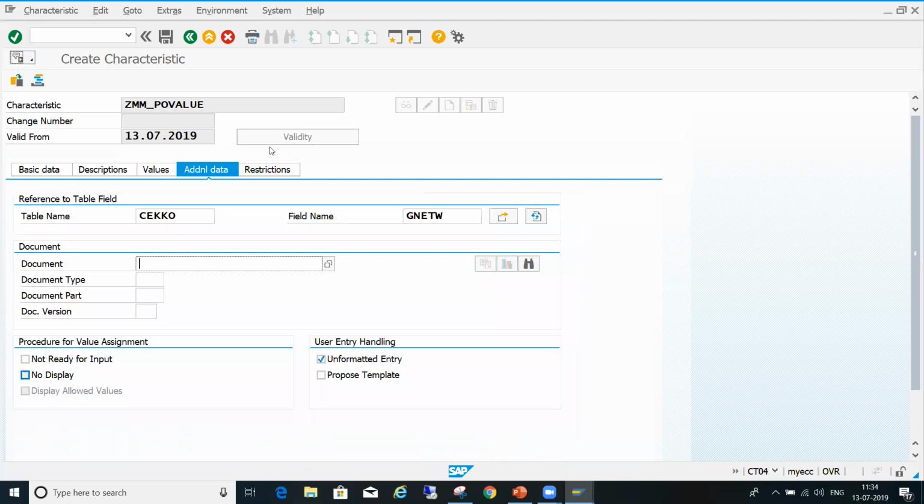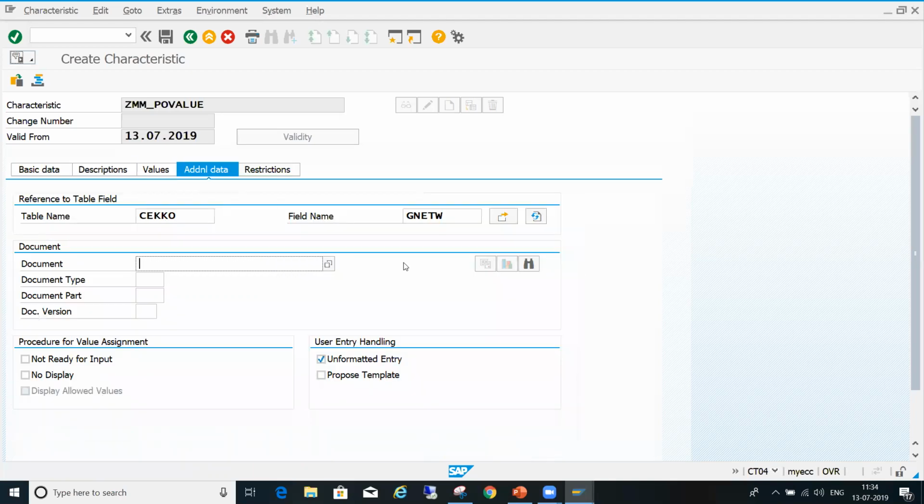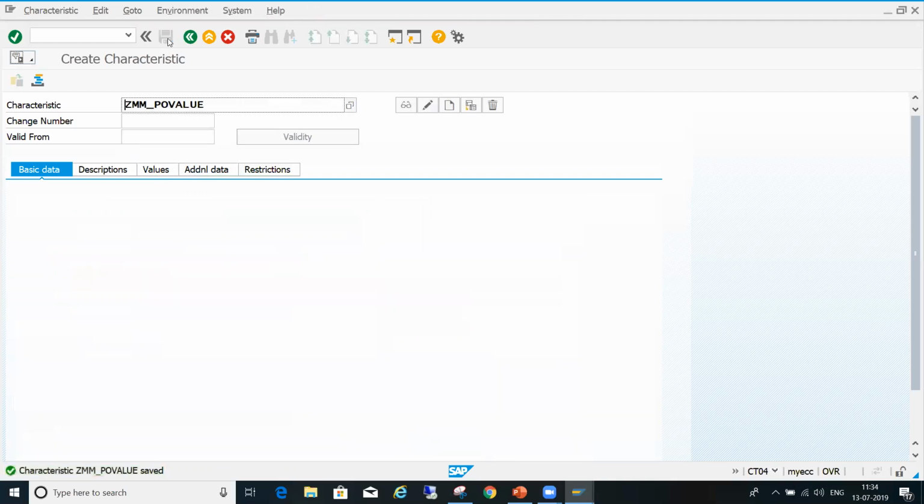Okay, clear? It was taking more character length, that's why. So this value you entered in the additional tab. This field is correct. In the basic data, multiple values, intervals allowed. Okay, the value is correct.